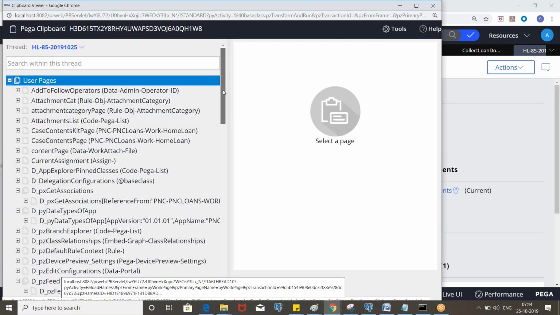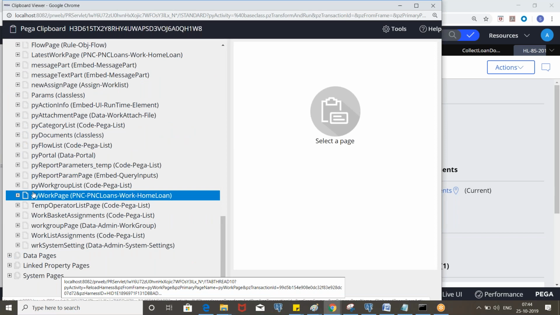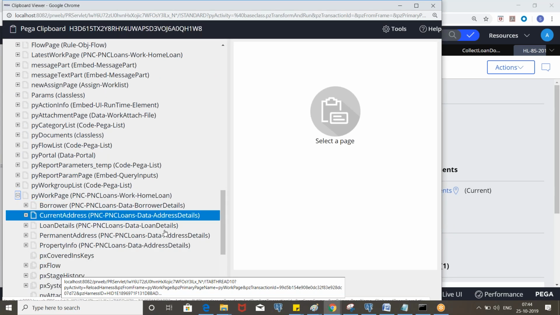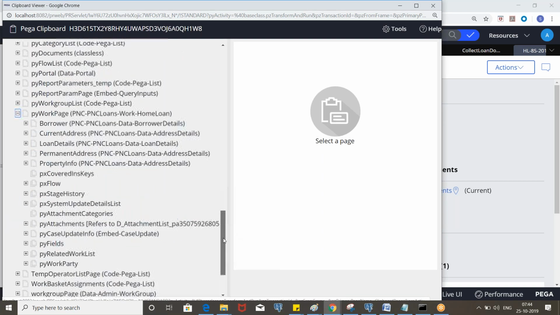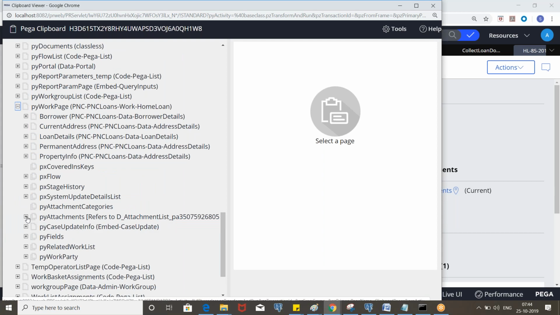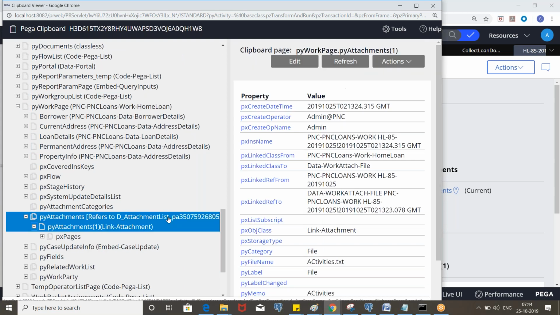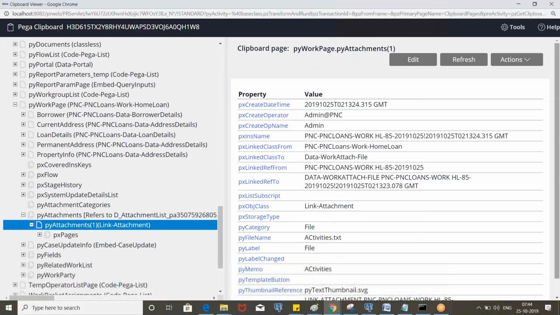Let's go to the clipboard. We added one document currently, right? And here you see py attachments. Whenever you add an attachment, it will be added like this. You can attach multiple documents, right?